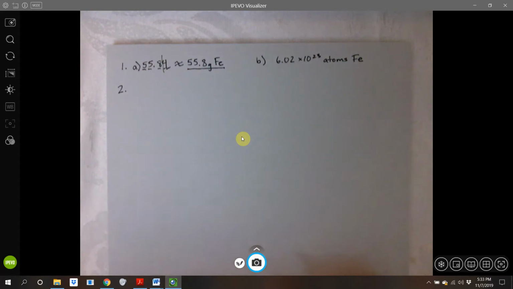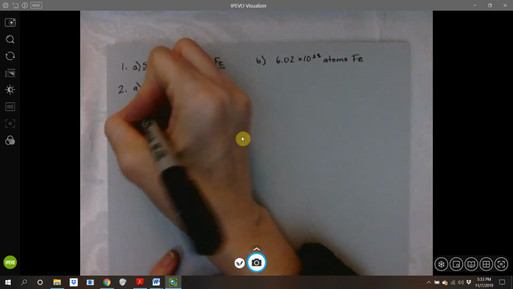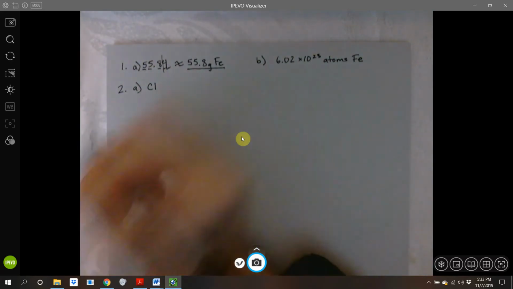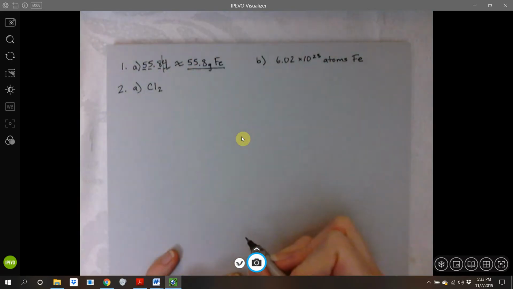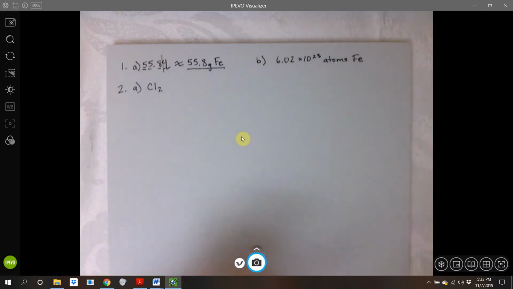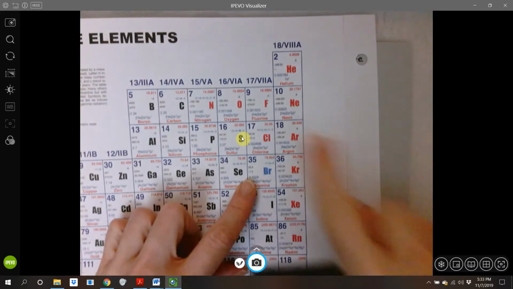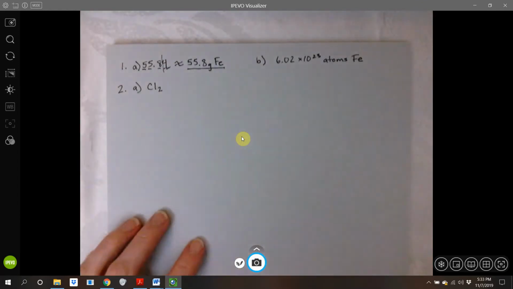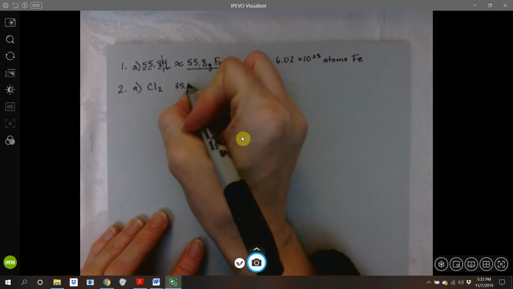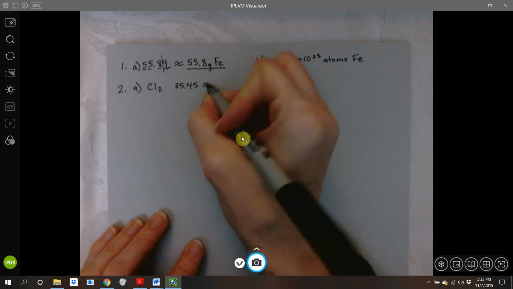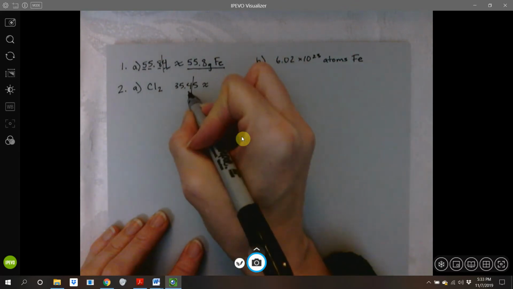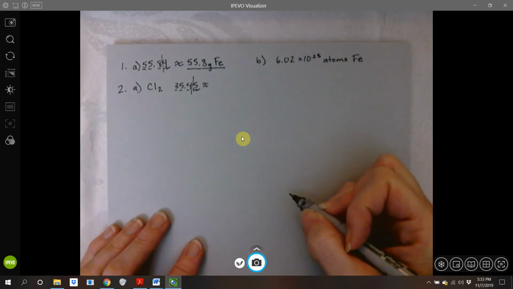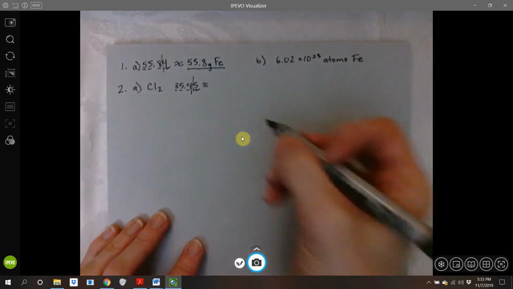Number 2, what is the molar mass of chlorine gas? Chlorine gas is Cl, and it's a diatomic molecule, so Cl2. When we look up the mass of chlorine on the periodic table, here it is. It says 35.45. We're going to round that. We're looking at keeping 35 and the 4, and we're looking at the 5 to say whether we go up or down. It's 5 and up, we're going up,